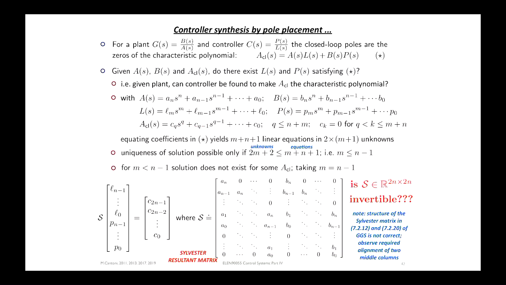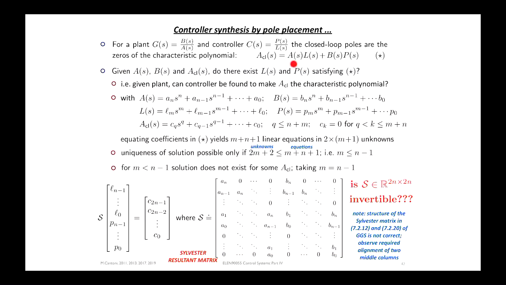All right. So the question is, when can we find the coefficients of these polynomials, L and P, such that this product is some specified polynomial? Well, we can find out what these coefficients have to be by making this product, which will give us a new polynomial, and then matching coefficients with the desired polynomial. All right, so if you match coefficients here, right, then you will get,